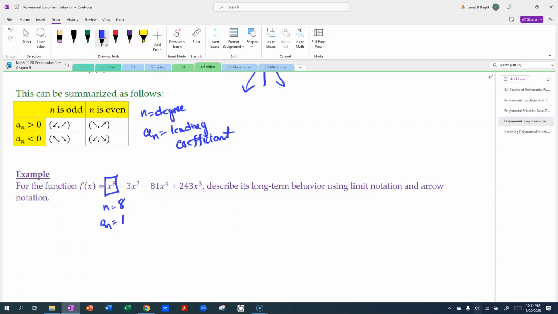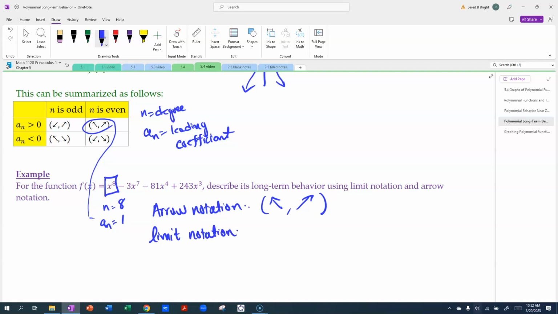Actually, it's just 1. It's positive. So in that case, I am in that up and up scenario. So I'm going to say in terms of arrow notation, its long-term behavior is given by up as I go to the left and up as I go to the right. In terms of limit notation,